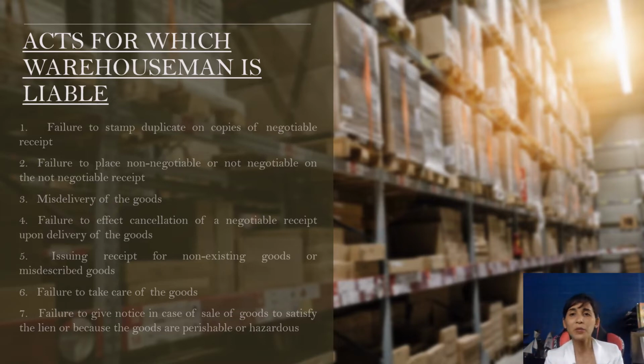Now, number three, misdelivery of the goods. The warehouseman can also be liable for this. Number four, failure to effect cancellation of a negotiable receipt upon delivery of the goods. So it is necessary that upon delivery of the goods, there is also a corresponding cancellation of the negotiable receipt. Number five, issuing receipt for non-existing goods or misdescribed goods. So whatever is prima facie on the negotiable instrument or on the warehouse receipt itself that is being specified and described